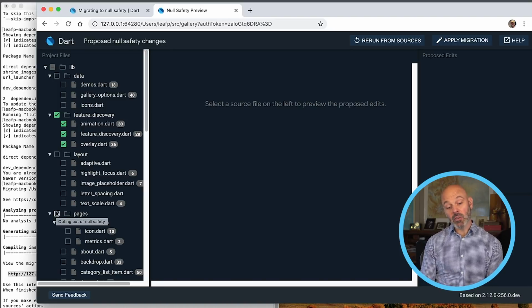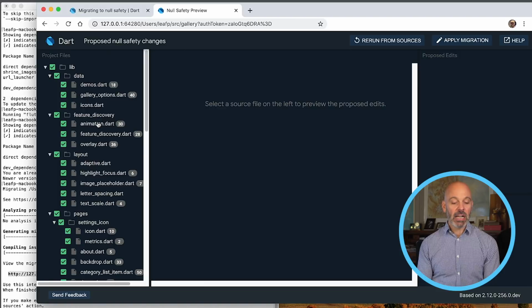Again, as with packages, we recommend that you migrate the roots of your package first and then move in a waterfall fashion through the dependencies, even within your app if you don't migrate it all at once. But the preview pane here allows you to choose which things you're going to migrate.